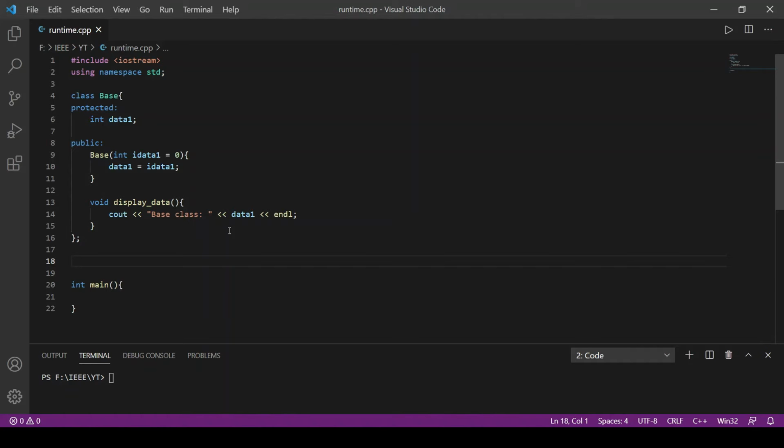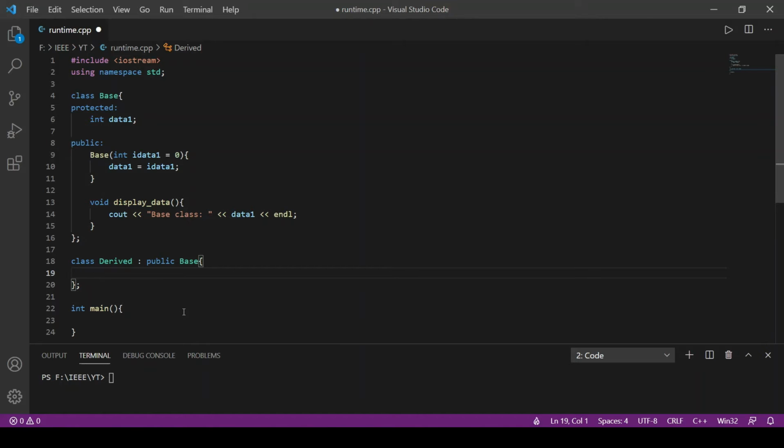Let's create another class now which inherits from the base class, and we'll call it derived. So we know that there are two things which will get inherited here. One is the variable data1 and two the display data function.